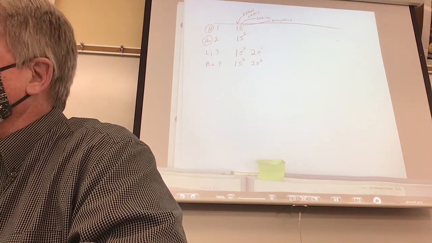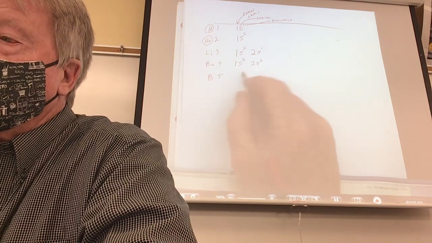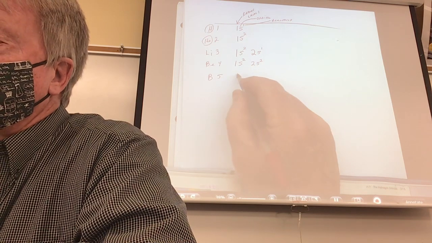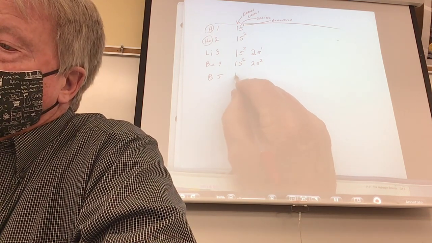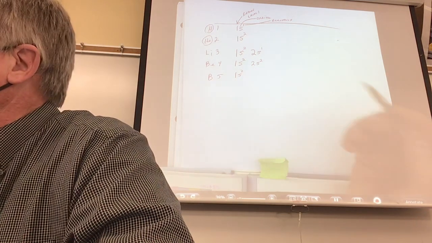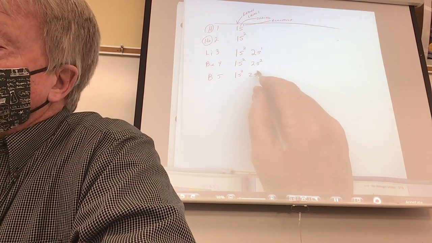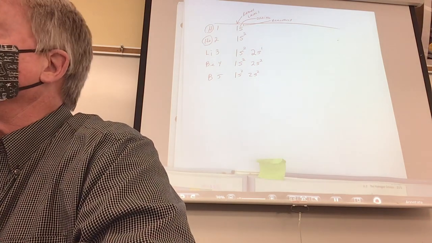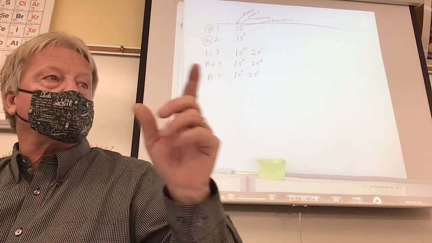Boron has 5 electrons. Where in the heck are you going to put 5 electrons? All right, let's do, Kyle, help me out. What are you going to do with the first 2 of the 5? I'm going to put 2 of them there. Yeah, you can't put more than 2 in an S. But now you got one. I understand. I would have done that. I would have said 3S.